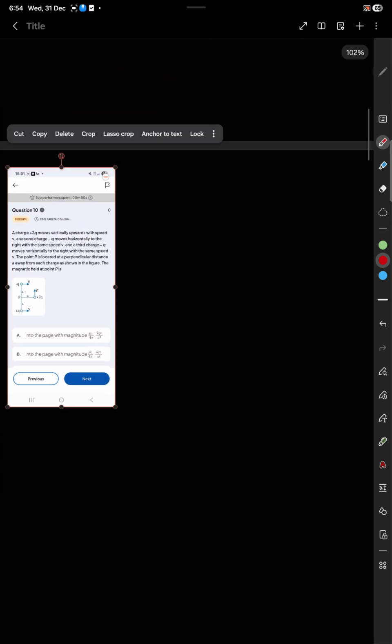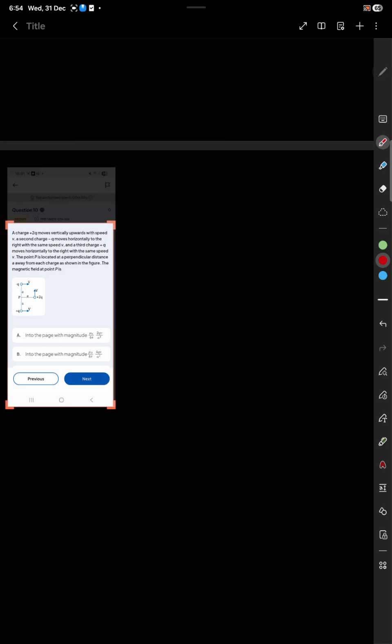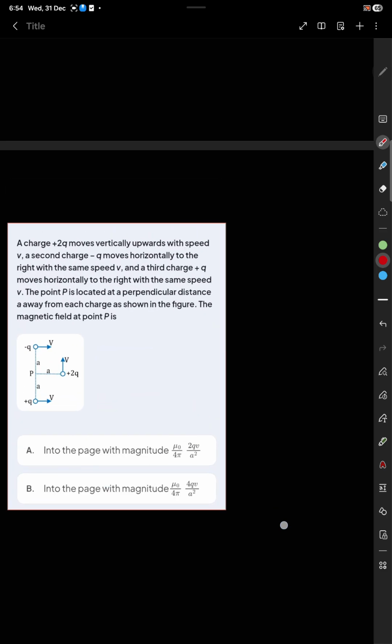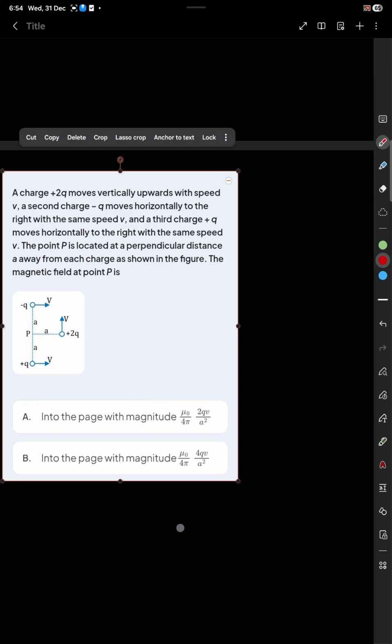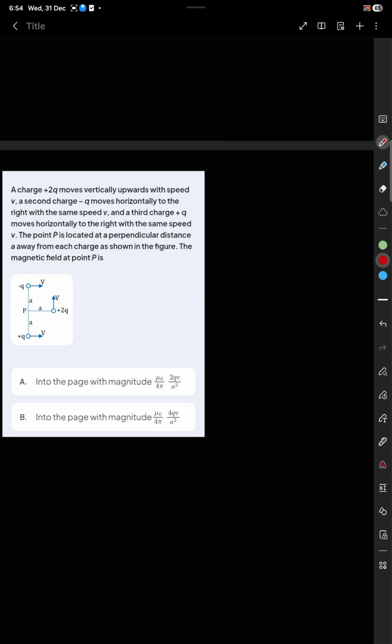Now moving on to the next question. The questions are good, but the answers given are sometimes not given as per. So now moving on to the second question. All these questions are the level of JEE Mains. So a charge,